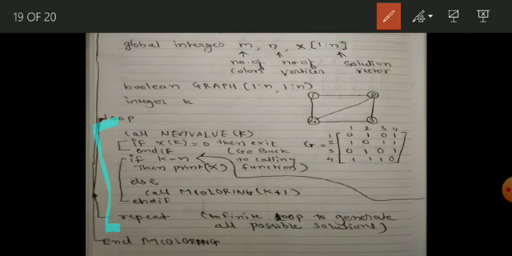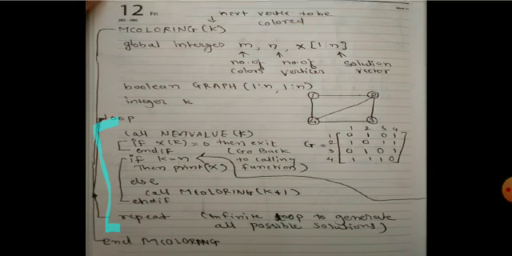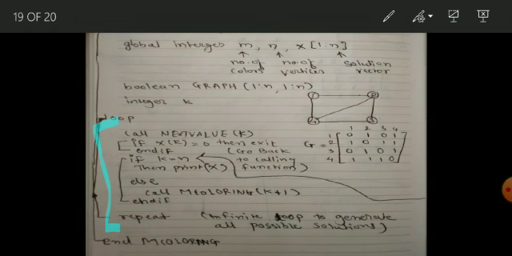Here we are going to call the next value function, and that next value function takes a parameter, and that parameter is k. So when it comes to assigning a value to vertex 1, because initially in the state space tree we have seen that we start with the root vertex as 0, and then we assign color to vertex 1, and we have all 3 choices, red, green and blue. So here k is going to be 1. We will discuss this next value function in the next slide.